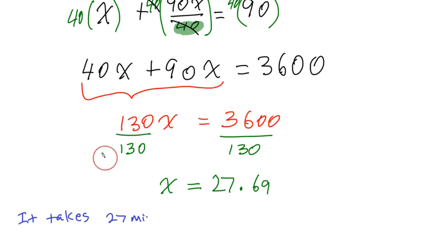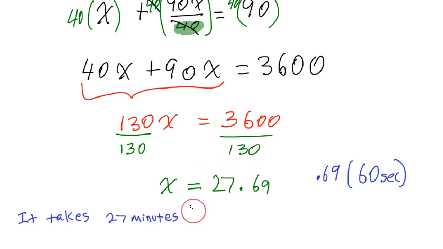27 minutes, and then to get how many seconds it might take, I could say, okay, well, this 0.69 is 0.69 of a minute. Well, a minute is also 60 seconds. So if you really wanted to get super accurate here, you would just say 0.69 times 60, and that would give you 41 on the calculator. And so we can say 27 minutes and 41 seconds